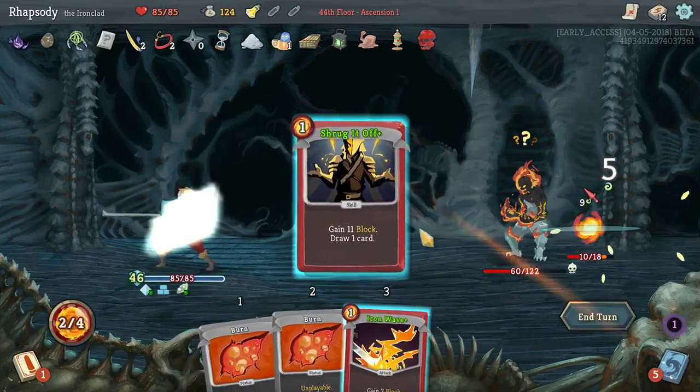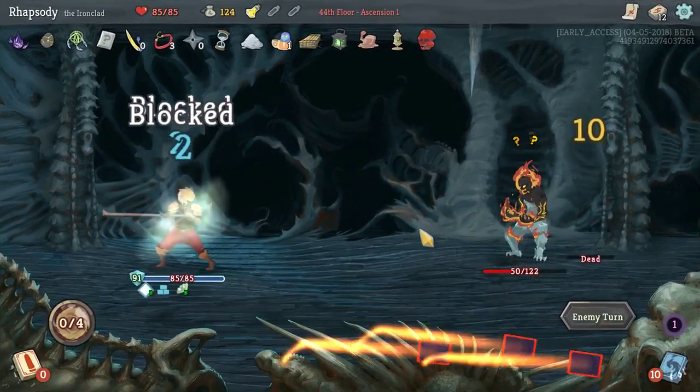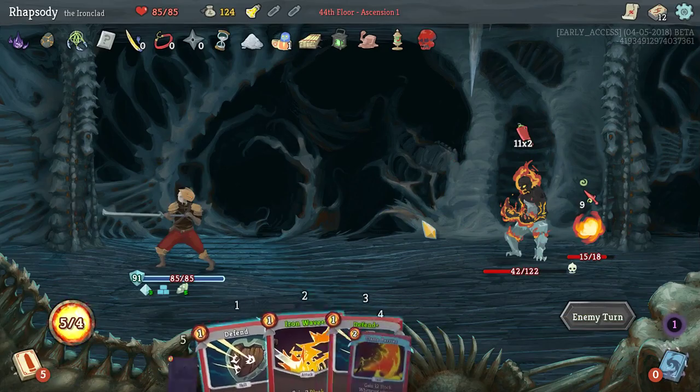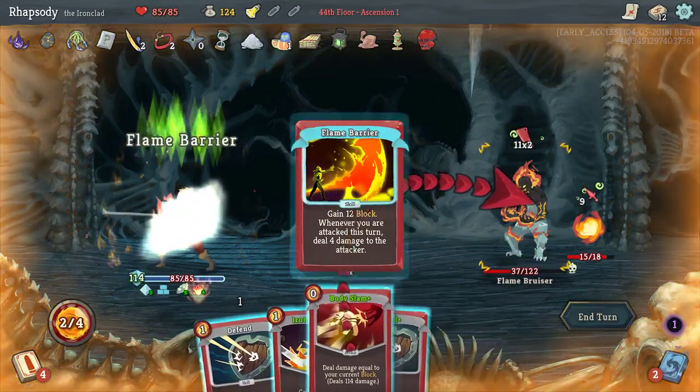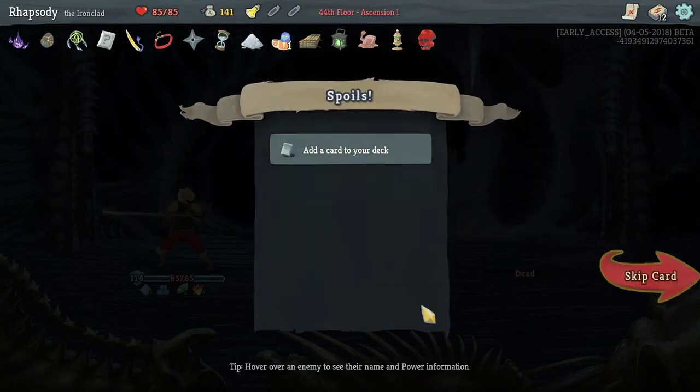Right. And now we're fine. Beautiful. Entrenched just locks in the victory for us, effectively. Alright, and...